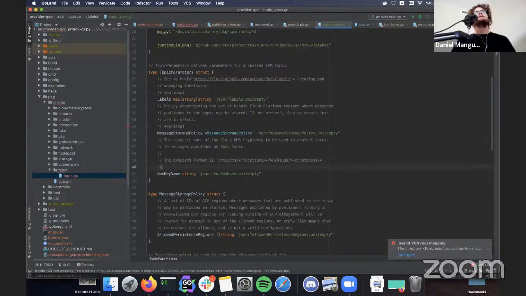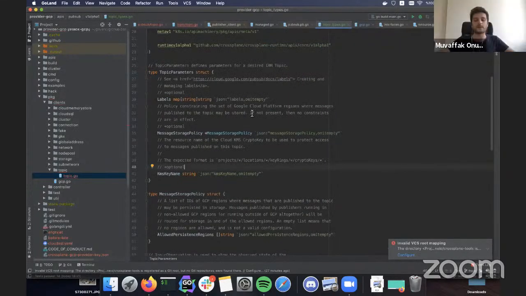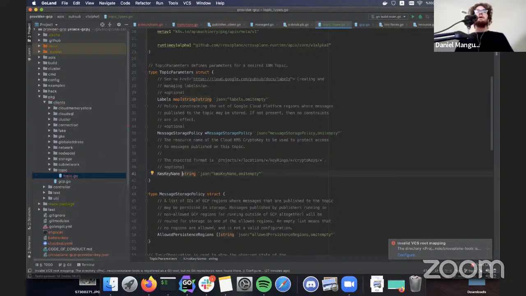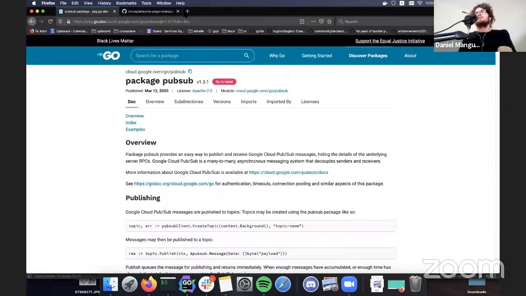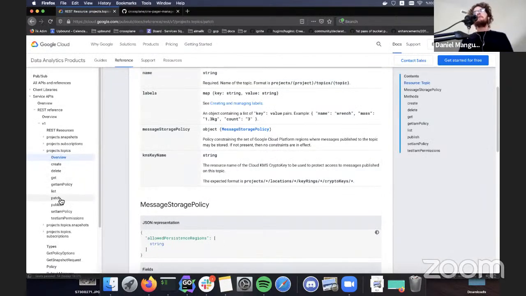Well, for marking them as optional for the update, that would be more about checking if they're immutable, right? Yeah, that's correct. So what Muvaffak's doing here is the optional tag and immutable. Right now, immutable actually doesn't do anything with the CRD versions we're using, but we're basically declaring if you have to provide something on initial creation of the object. While we could just say everything is optional, we could just not even have a structured schema at all and just say, when you create this, we'll submit it to the GCP API, and maybe it'll work, maybe it won't, and you'll get the error message back, which is a decent experience.